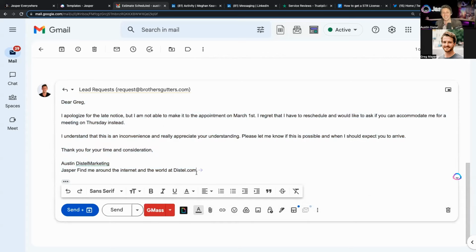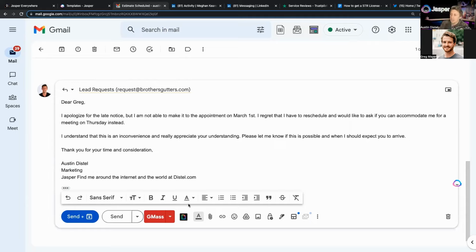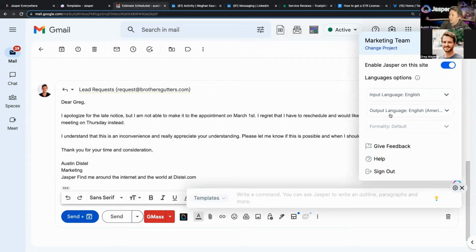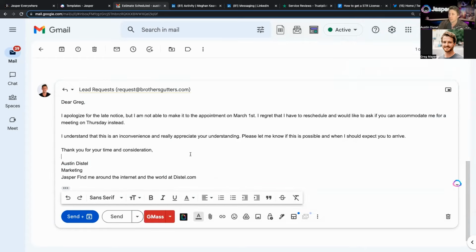A lot of people spend a ton of time just editing and revising that email to make it perfect. And one thing that you're going to like is that the spelling mistakes and all of that are very rare in Jasper. There's a whole extra layer before Jasper writes that improves its composition, its grammar, its editing. And you can also apply in your settings your language options. You can output in or input into 31 different languages, input and output. Pretty amazing. Okay, that's use case number 1, email. Y'all are going to get a kick out of that. It's available for Gmail and Outlook, where it's going to read the full context of your thread.